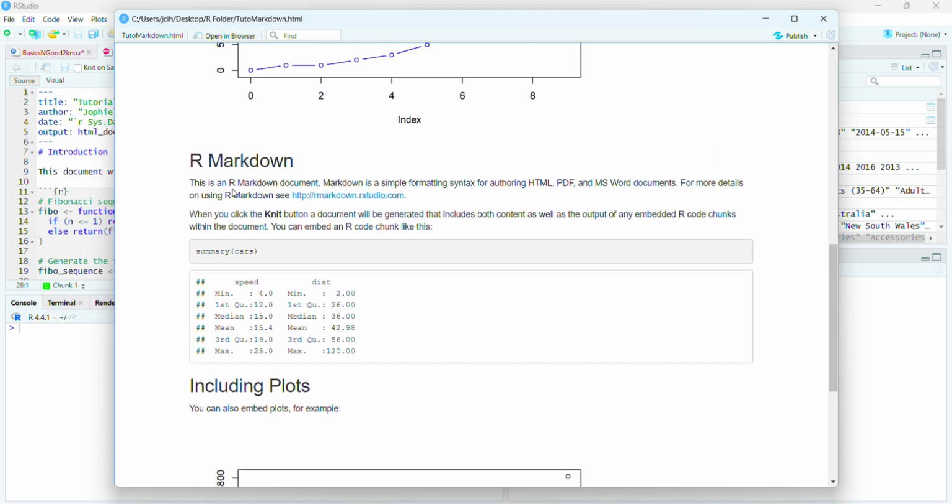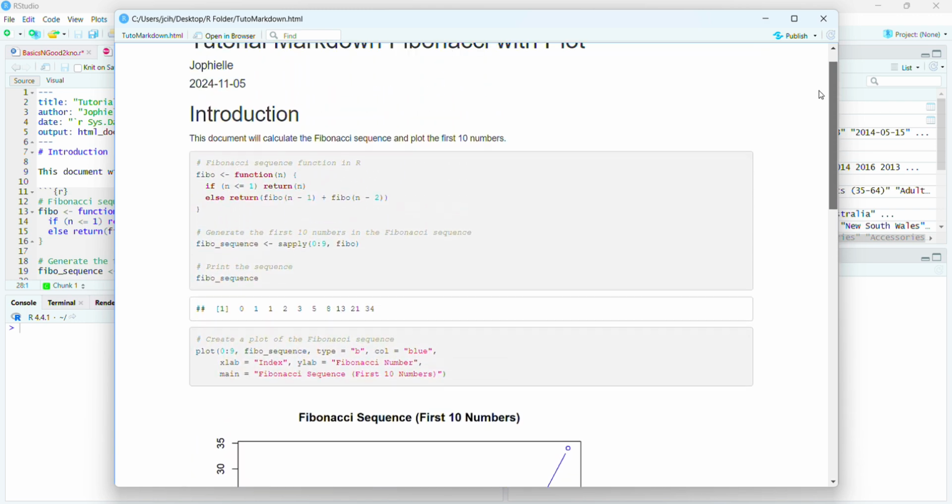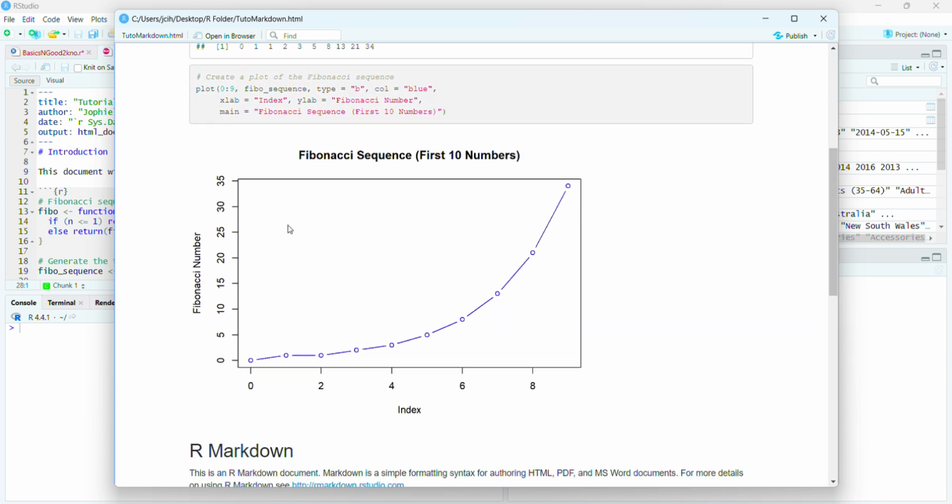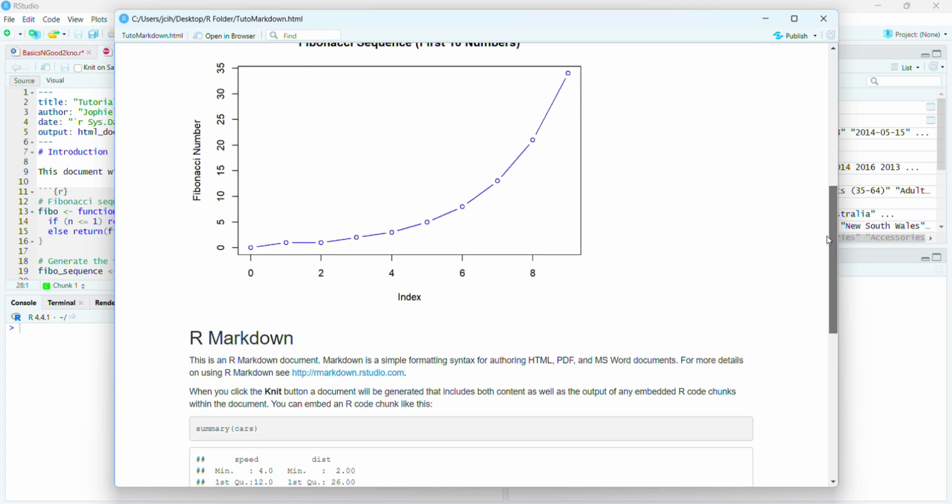This is an R Markdown document. Markdown is a simple formatting syntax for authoring HTML, PDF, and MS Word documents. You see, that's very interesting. You can create a document, you can create a report, you can do whatever you want, and it's going to be looking very professional. You see, you have your title here, you have the name of the author, you have the date, which is always going to be current, and then you can get an introduction as we have done here, and you can create a plot, you see, and it's also written on the document the first time you